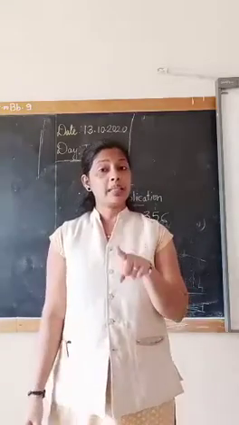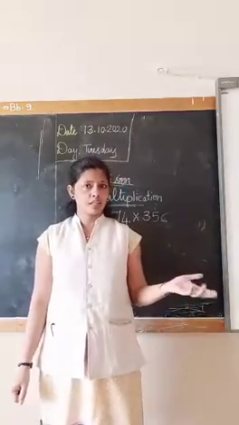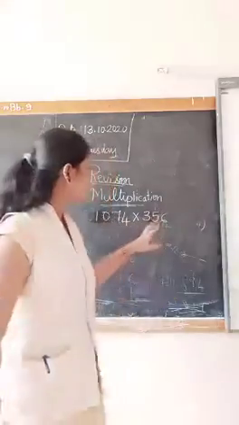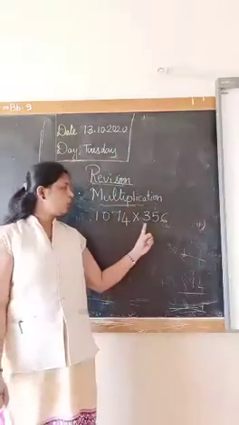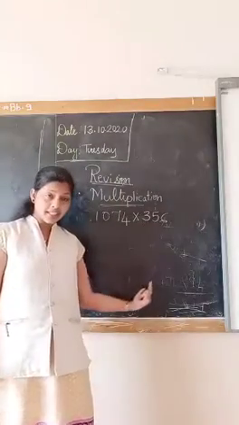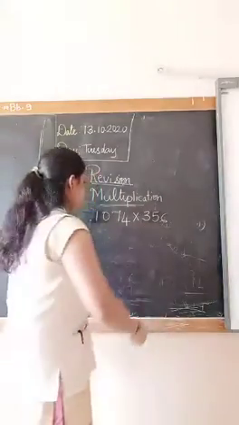Alright, so multiplication by a two-digit number you understood, just now we did. And now multiplication by a three-digit number. So same steps. Only the thing is there is an extra digit, so here an extra plus has to be put. Okay, so let us do it.